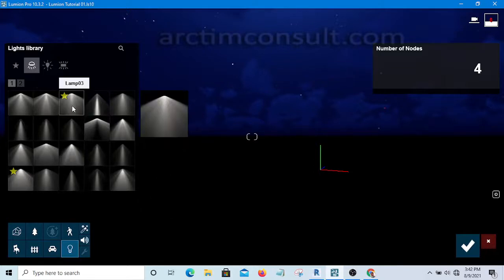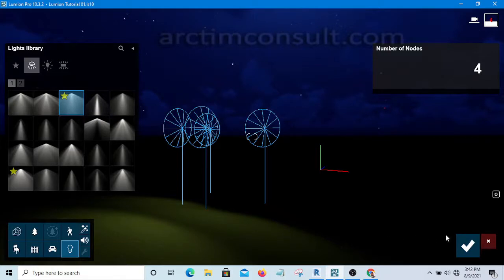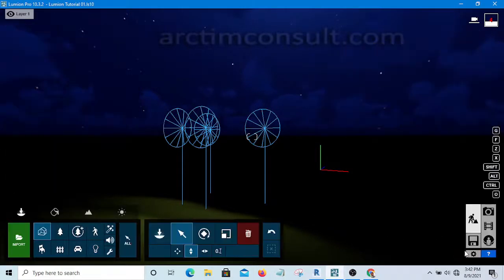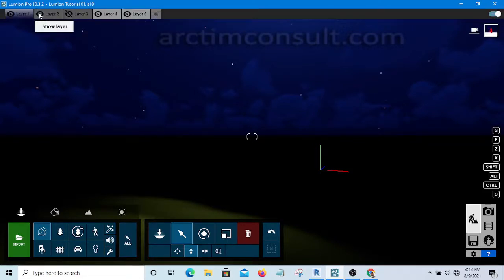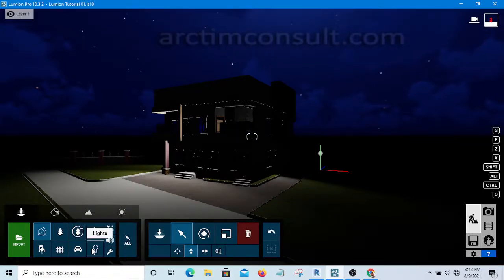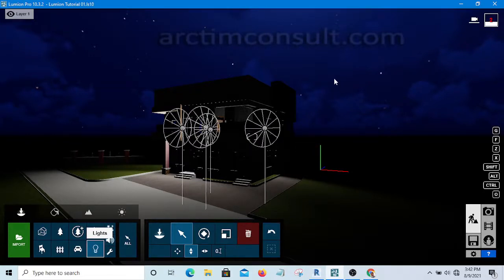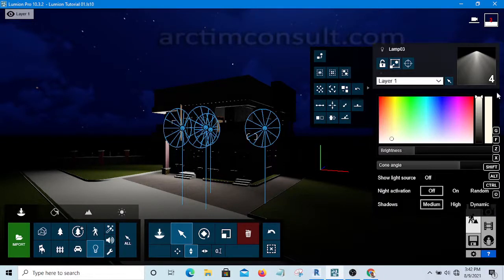and I might use this light. Okay, now I've used this light. Now I'm going to check this button here. Okay, now those lights have been placed. Then the next thing is, let me bring our building back to life by turning this on. Then I'm going to select all those lights for now. I'm going to hold Control and drag a selection box across them. Then you can see it's only those 4 lights that are selected,